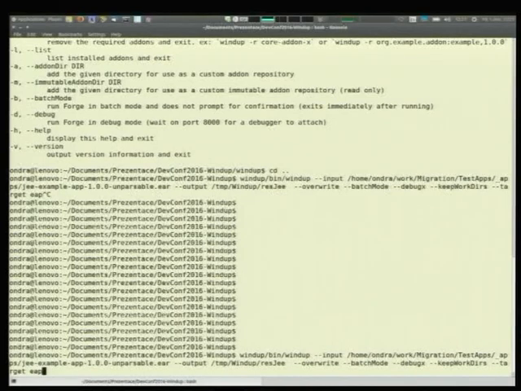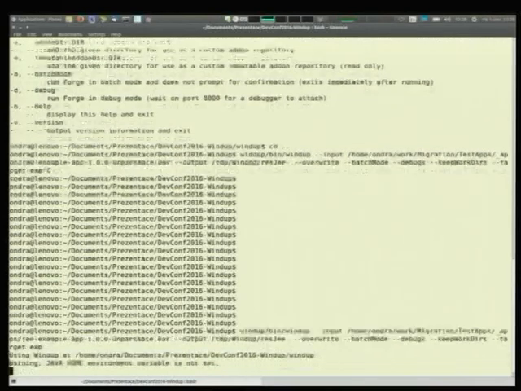So the command is basically running Windup against an application which you have somewhere in your file system. Here is where you put the output and some flags basically for controlling whether to override the output. When you run it,